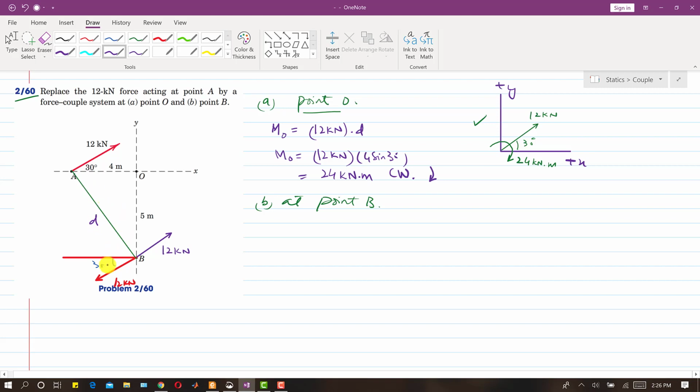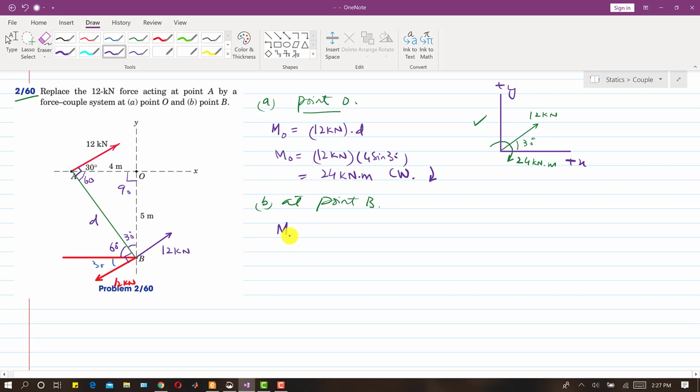Why is this perpendicular? As we see, this angle is 30 degrees, and if this is perpendicular with this, then this angle should be 90. So then this will be 60 degrees, right? And if this is 60, this should also be 60 degrees, right? Both of these are also perpendicular, so the sum of these should be equal to 90 degrees, and this angle is 30 degrees, right? Now as we can see that we have this triangle OAB, so we can find this D distance, right?